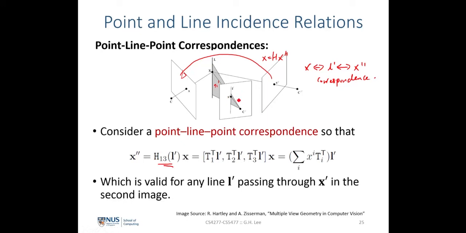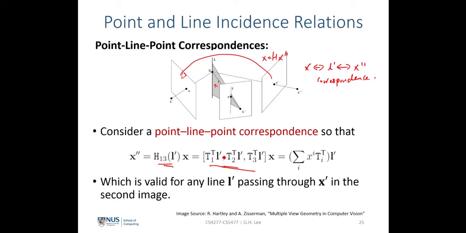It is induced by the back projected plane of L prime, as well as the trifocal tensor that is given by this equation over here. So we can simply write this using the homography relation: X prime prime equals this term multiplied by X, which can be rewritten into this particular form. What this means is that because L prime is common to all the three trifocal matrices, T1, T2, as well as T3,